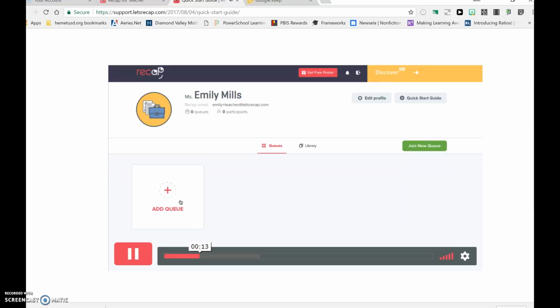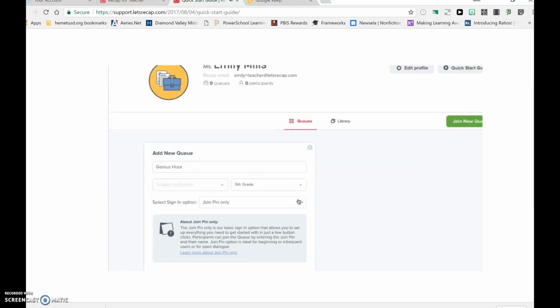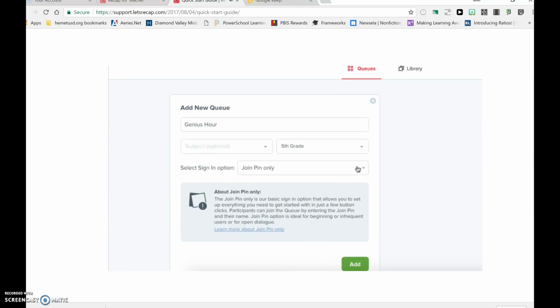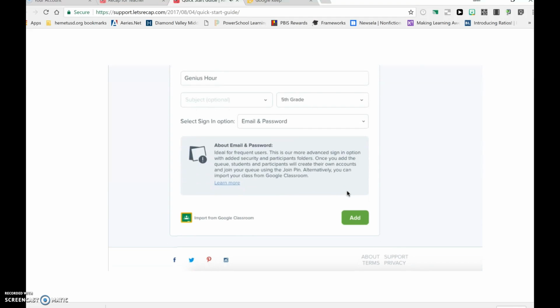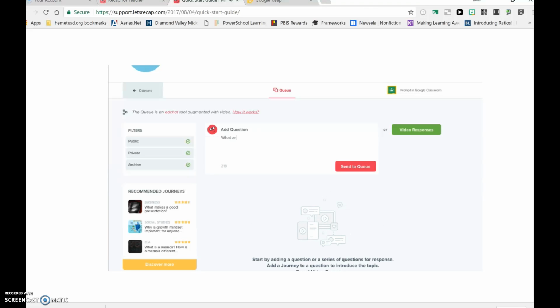We'll start off by creating a queue where our first chat will take place, and we'll input the topic for that chat. Next, you can set up some information about your chat and pick a way for your participants to join. For most chats, you'll want them to join via a pin, which makes it really easy for them to hop in and start chatting. But if you want to add a little bit more security to your chat, you can choose the email and password sign-in option. And we even have integrations with Google Classroom, so you can pull all your students' information in from there. Now you'll want to set up the queue so the chat is all ready for when your participants